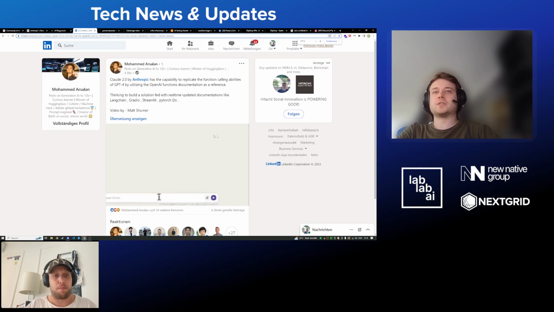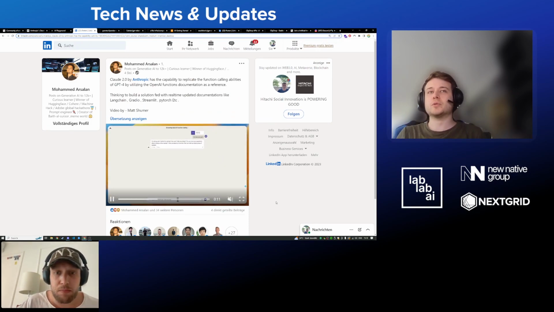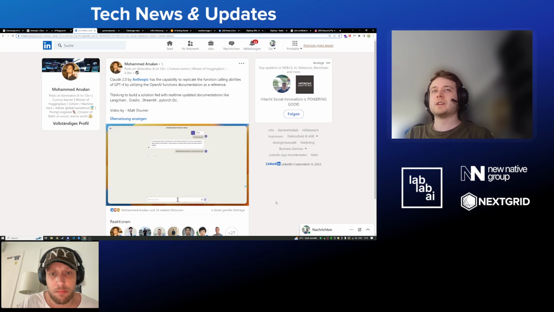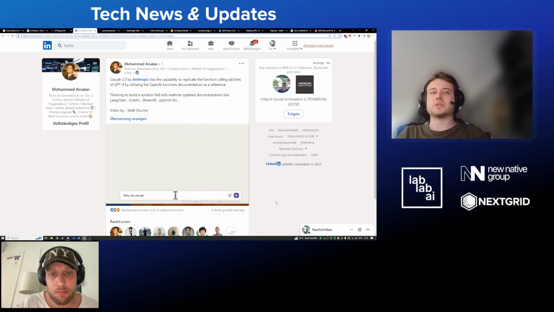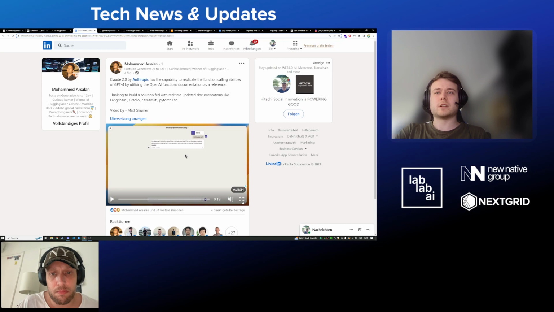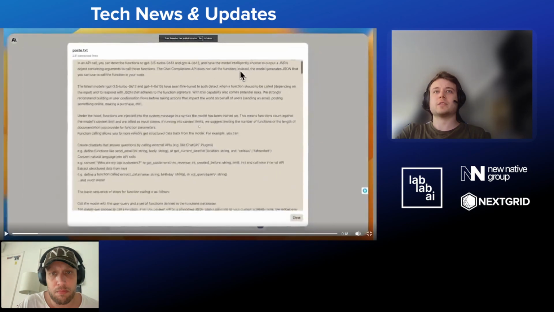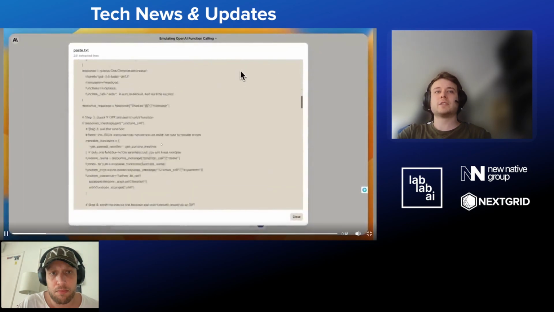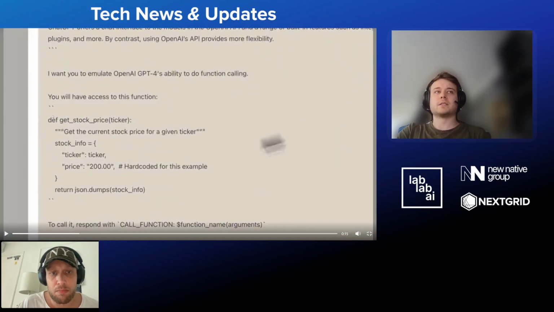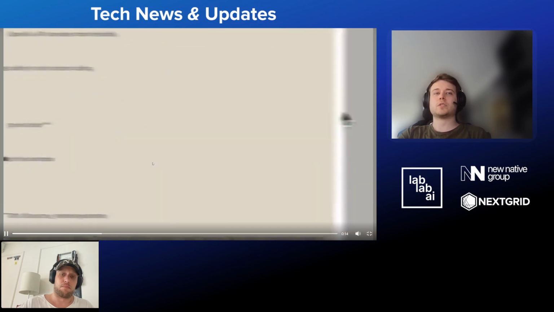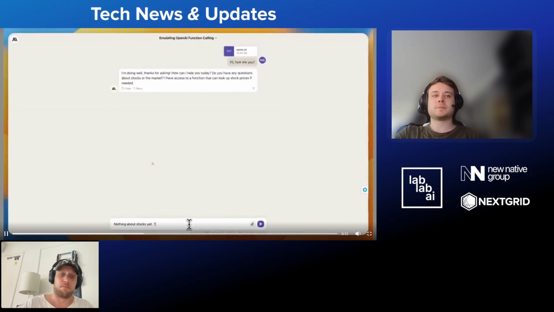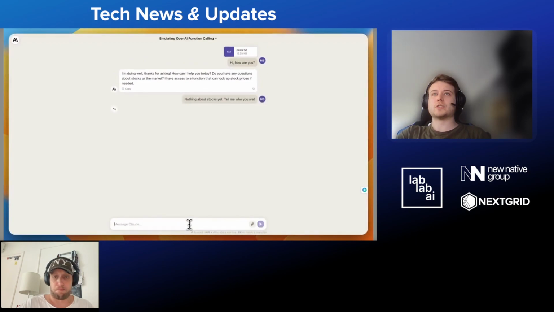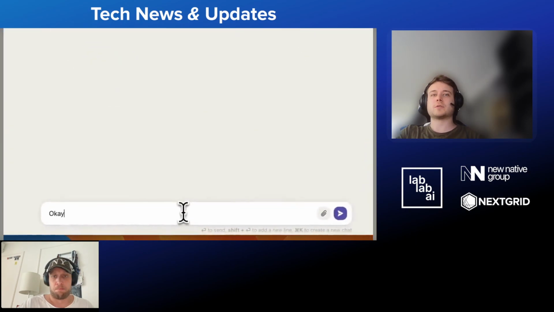Something else nice I found on LinkedIn is that you can actually reproduce the OpenAI functions capabilities with this. Right here in the video, I will start this from the beginning. Someone inputted a TXT document where, right here, you can see that this is a function. Now he's passing the description of this function, similar to OpenAI functions, to this large language model in this TXT file. Then he asks one question that should not call a function, so it's just responding normally.